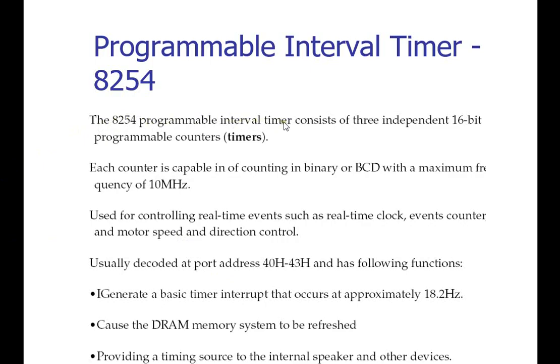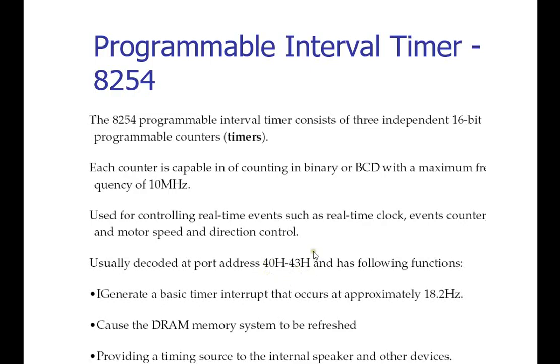The 8254 programmable interval timer consists of three independent 16-bit programmable counters. Each of these counters is capable of counting in binary or BCD with a maximum input frequency of 10 MHz, used for controlling real-time events such as real-time clock events, counters and motor speed, usually decoded at the port address 40H and